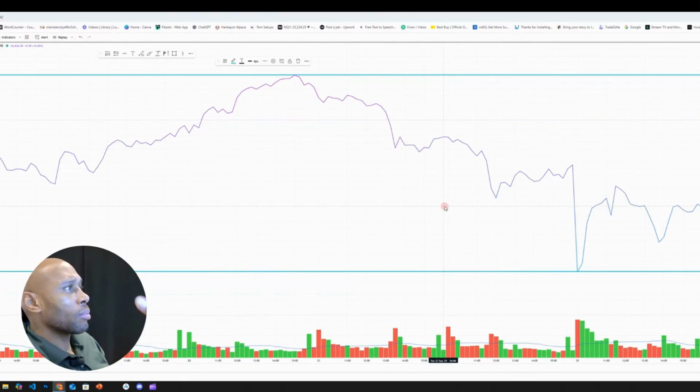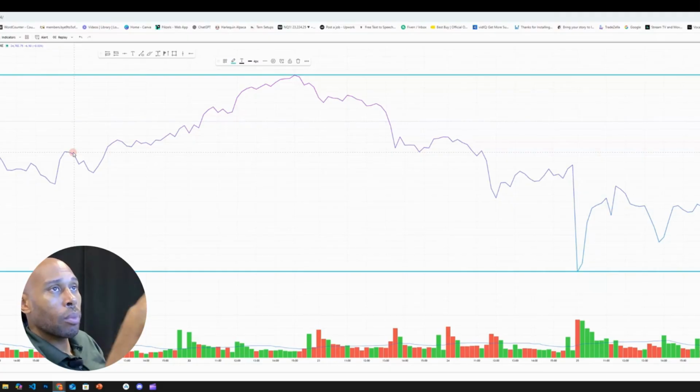Then what I like to do is draw levels at other points on my chart where price clearly stopped and reversed. I like to go from left to right, but I also look for areas where price has touched on more than one occasion. If you look to the left of the chart, here's an area: 1, 2, 3, 4. Now, they don't have to be perfectly lined up with each other, but they can be close, and that's good enough. Right? So I'm going to draw another level here,